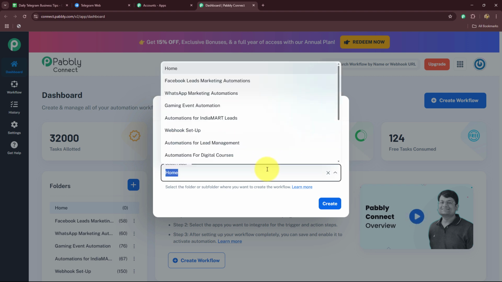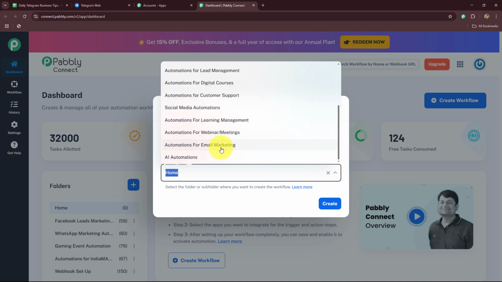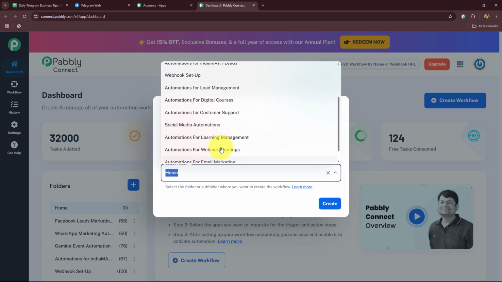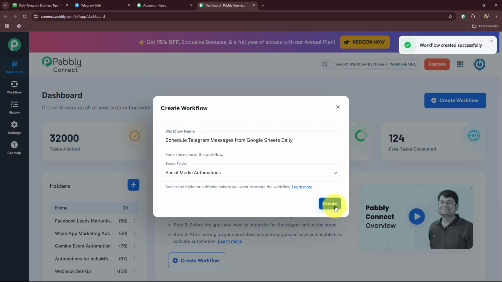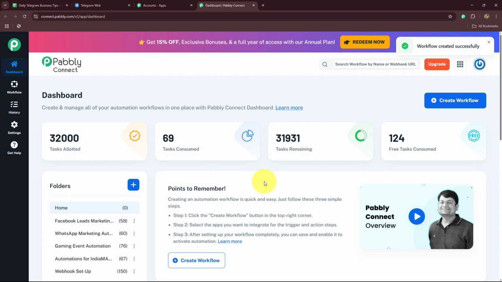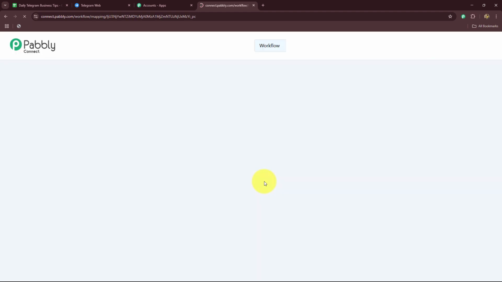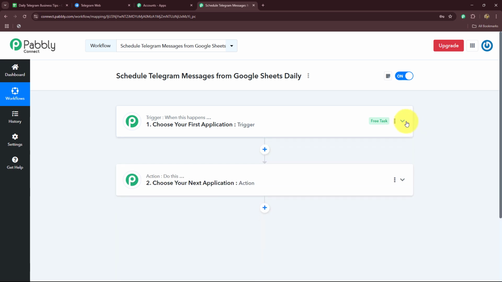After giving the name to my workflow, now I'm going to select the folder. So you can see I have a list of folders over here. Among these folders, the automation that I'm going to create is related to social media. So I'm going to select social media automations as my folder. So my workflow will get saved separately in that folder. And here you can see that a workflow is created for us, which we have to fill up to completely